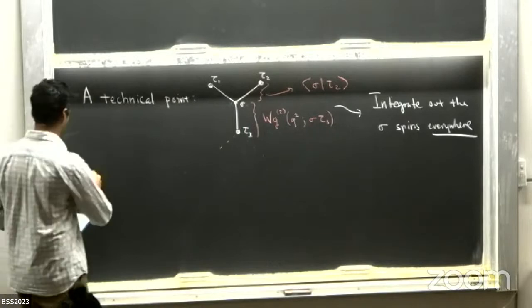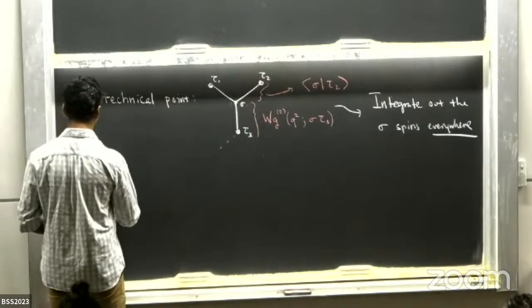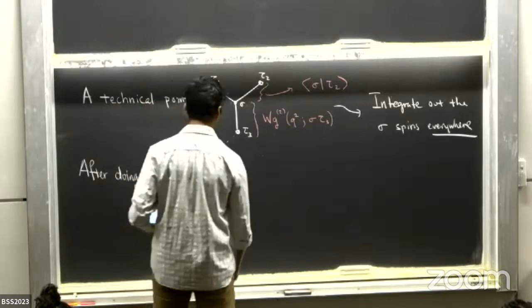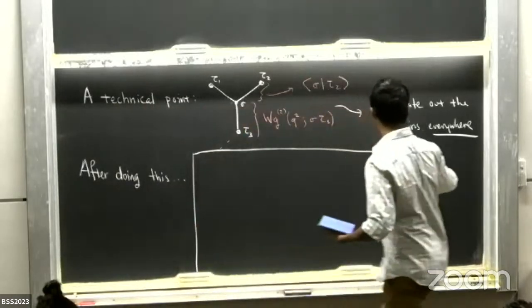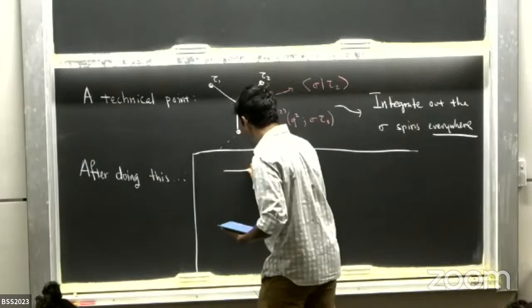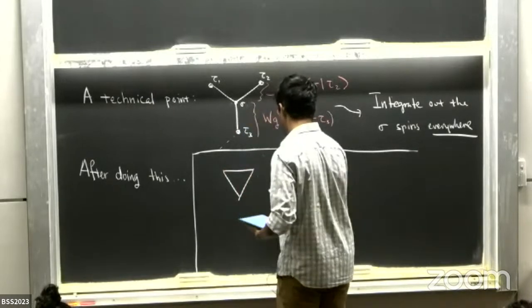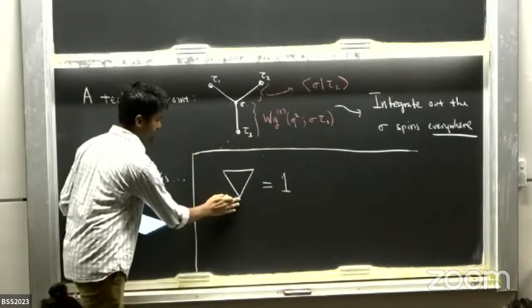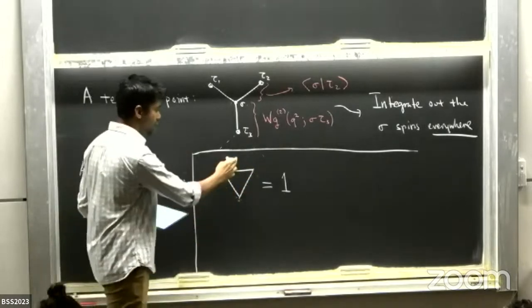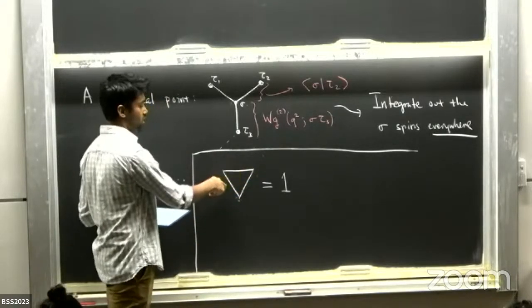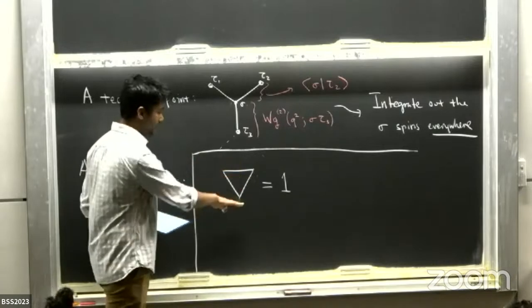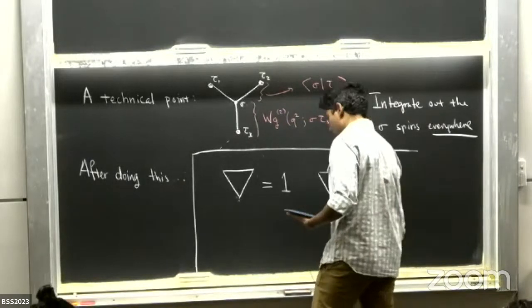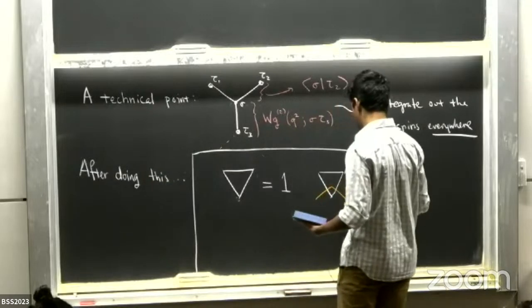Okay, so after doing this, we obtain the following weights. On every downward facing triangle, now in terms of the domain walls, I have these spins, say tau 1, tau 2, tau 3, but instead of denoting the state of the spin, I'm just going to draw on a dual lattice whether there's a domain wall passing through the bonds of the lattice. So there's weight 1 if there's no domain wall. There's weight 0, this is what we discussed last time, if there's a domain wall that passes through like this,